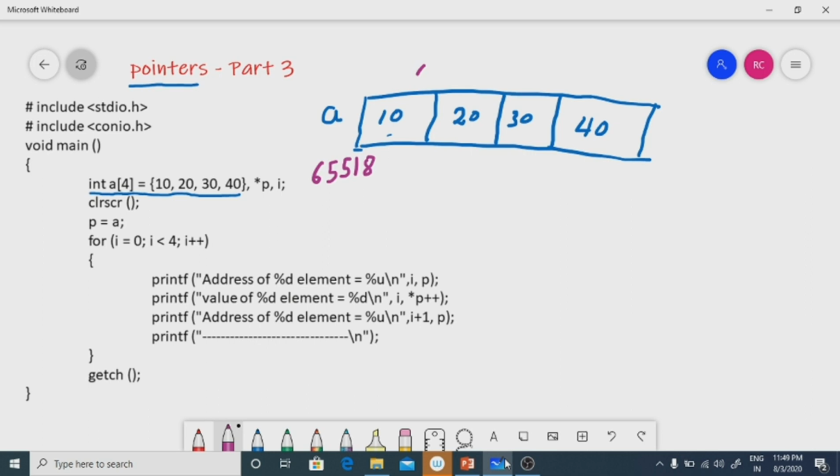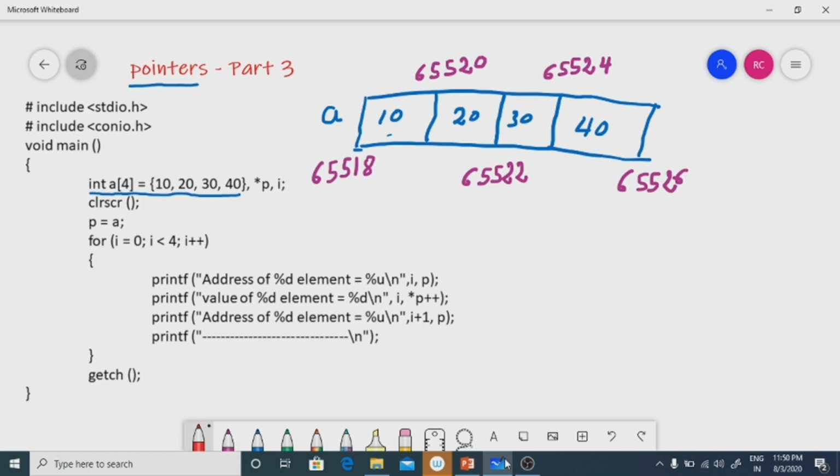So the second element is 65520, then 65522, then 65524, and here the memory will be there actually. 65524 and 25 is allocated to the fourth element, and here this will be 65526.